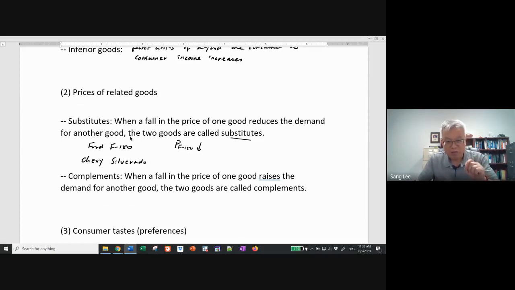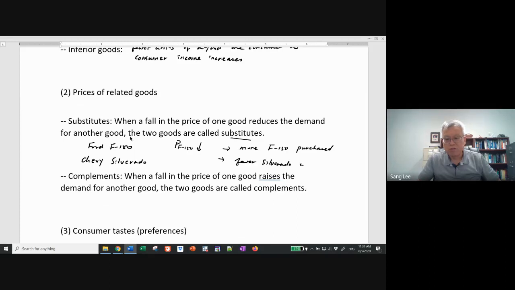So as the F-150 price goes down, more F-150s are purchased. There could be some loyal, die-hard Chevy drivers, but in general, if the Ford F-150 price goes down, then fewer